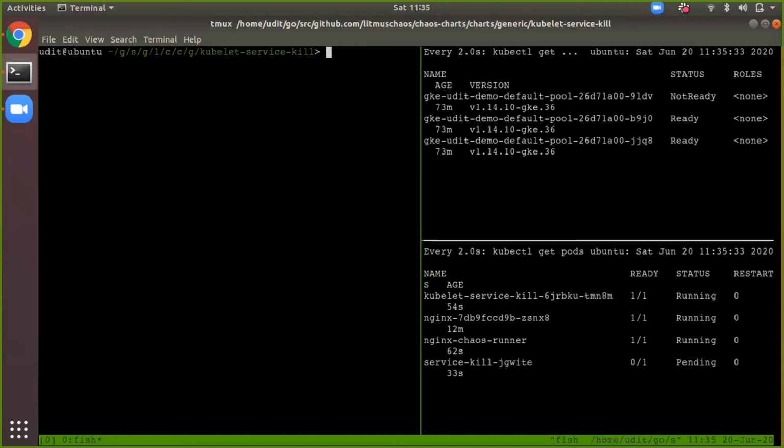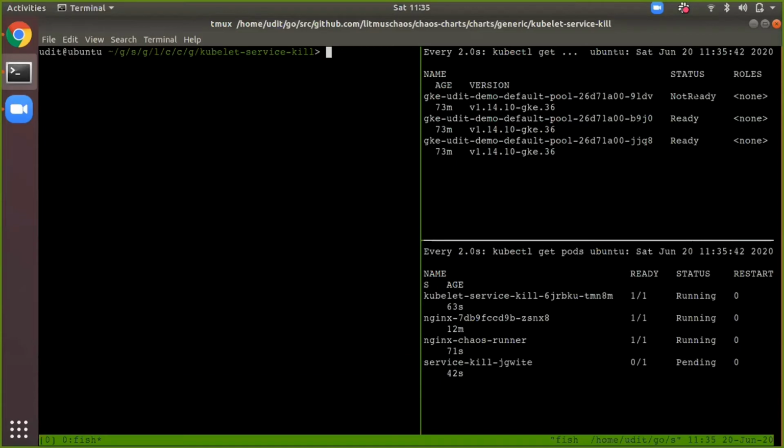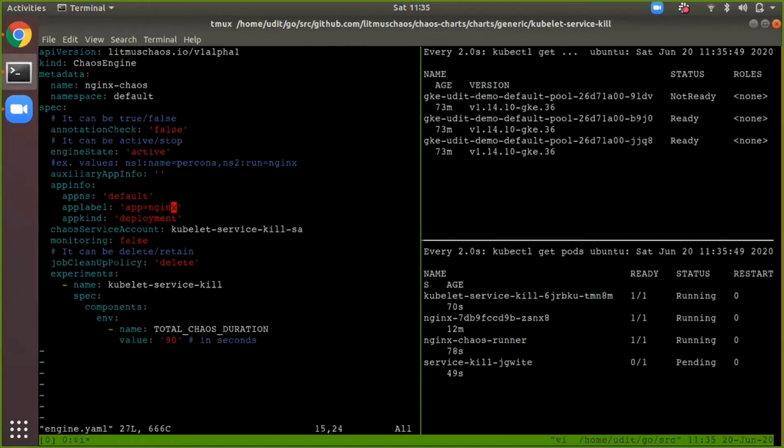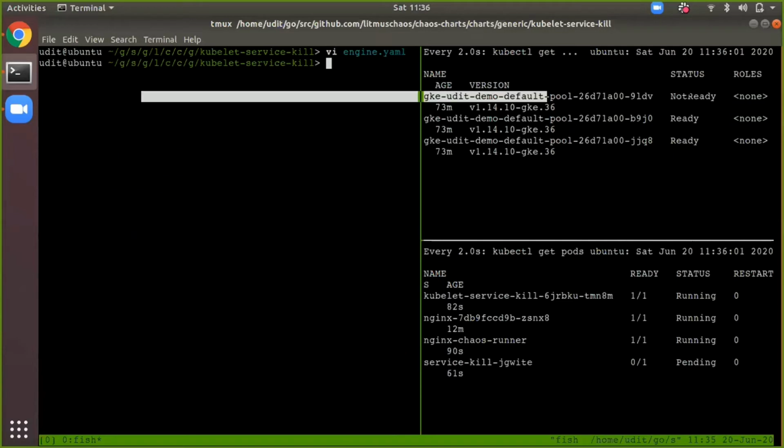Yeah, so we get our nodes in not ready state, and this is the service skill helper pod, which is helping us to bring this node back in not ready state. Why it didn't come in the previous step was because of the wrong information I passed at the application level. You just pass the correct information, and you get that. Yeah, you can continue, Karthik. Sorry for the interruption. Yeah, no problem, Udit. Thanks.